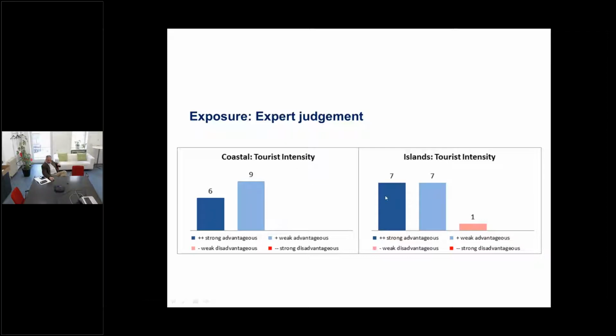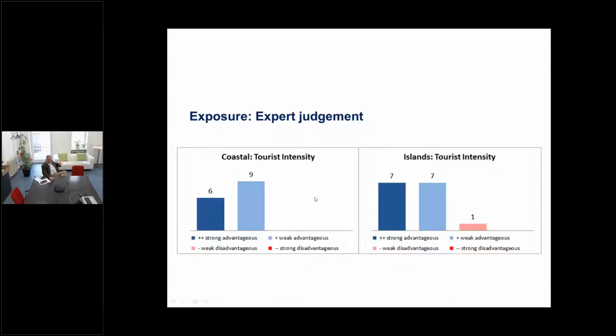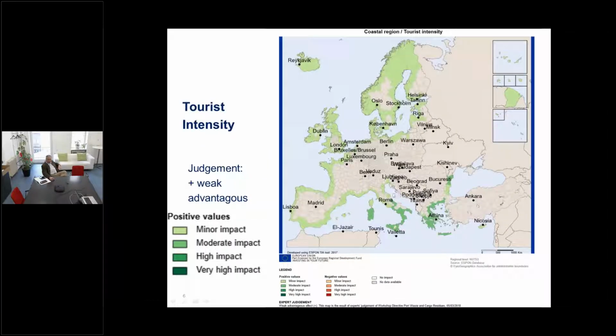Whereas on islands, it was not so clear. There was even one disadvantage effect identified. This led to, in principle, a very nice map. On the one hand, the map created for the type of regions on the coastal regions themselves, where you can